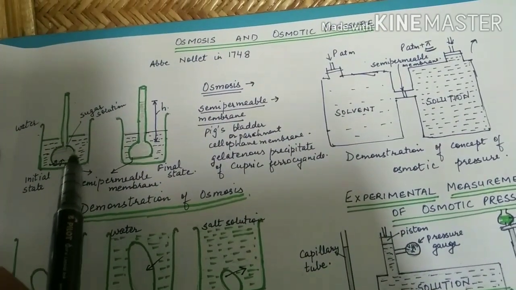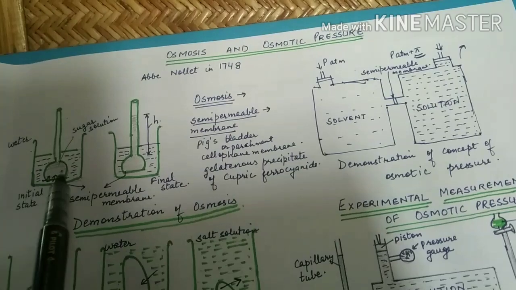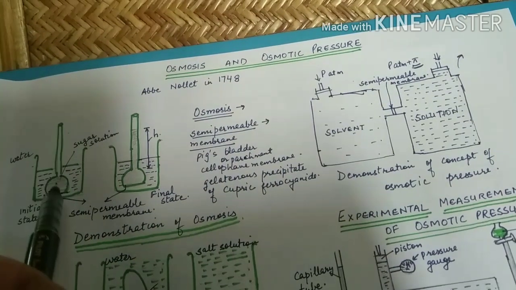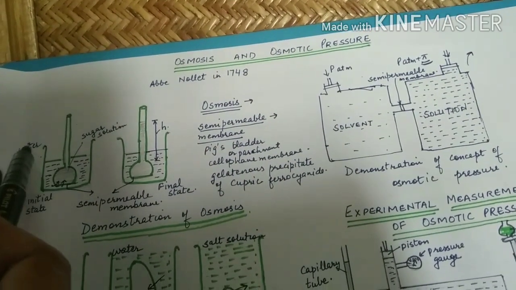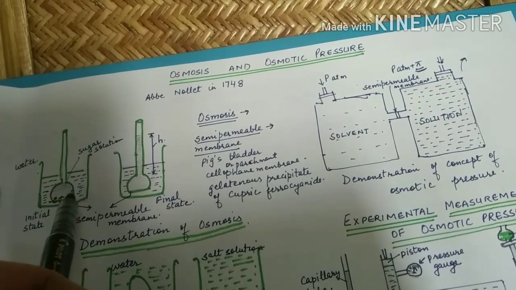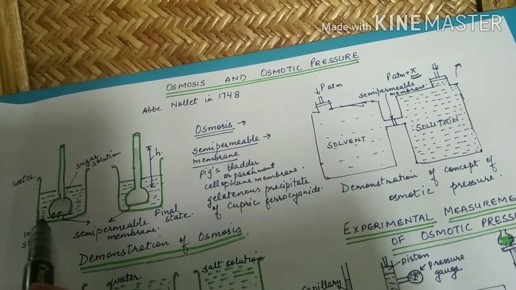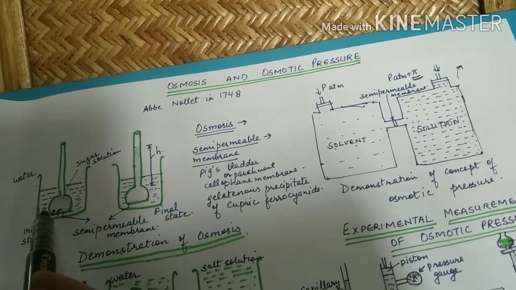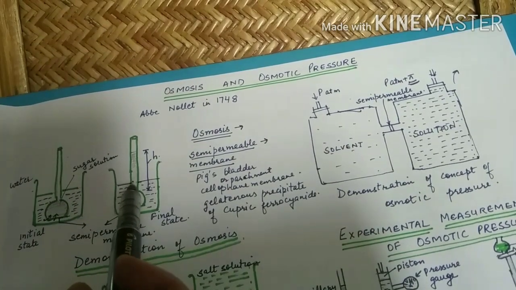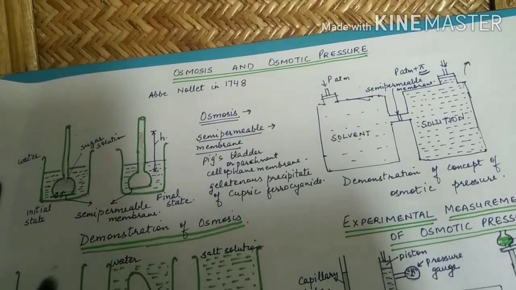We have inverted it, filled it with sugar solution and tied a parchment membrane to it, which acts as the semi-permeable membrane. Then we drop this inverted thistle funnel into a container containing water. Now, as the sugar solution has higher concentration and water has lesser concentration, what you see is after some time that water from the outer environment enters into this thistle funnel through the semi-permeable membrane and rises up in height. So, this process is called osmosis.